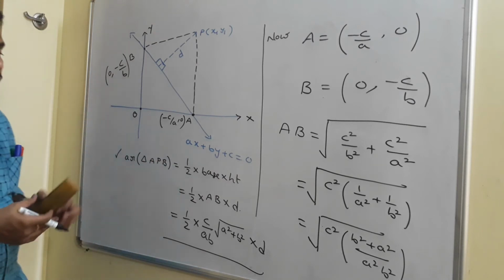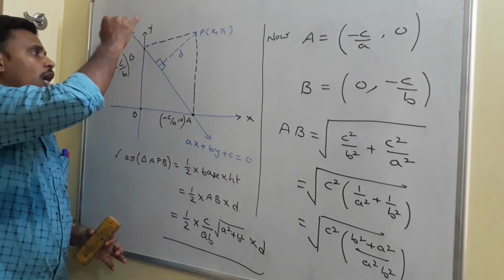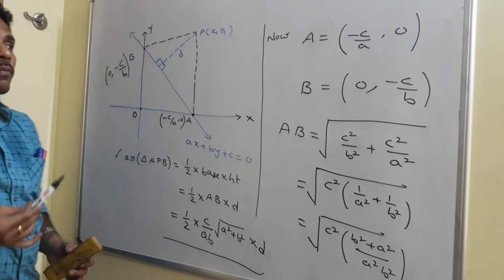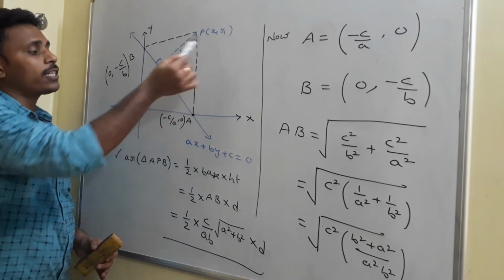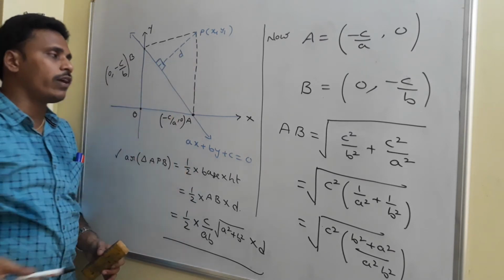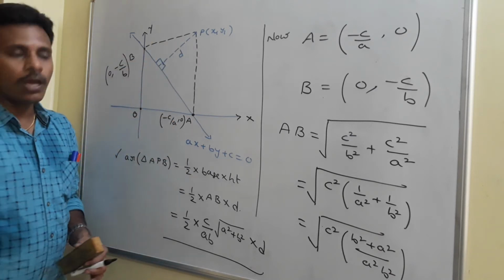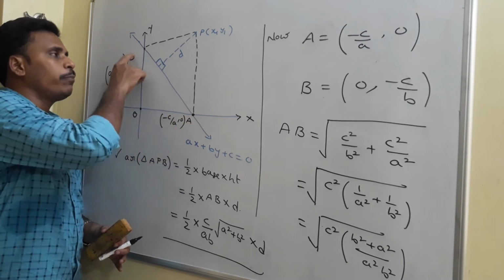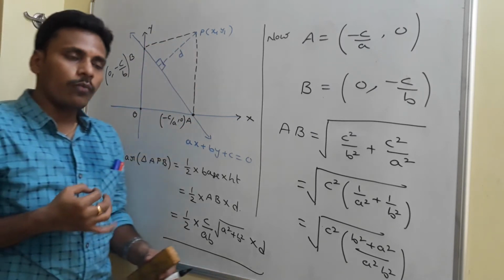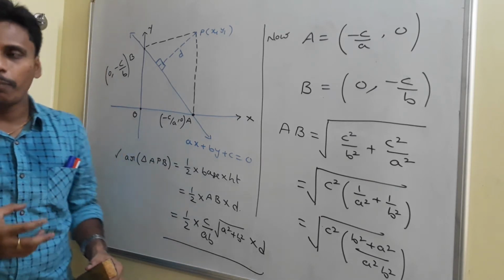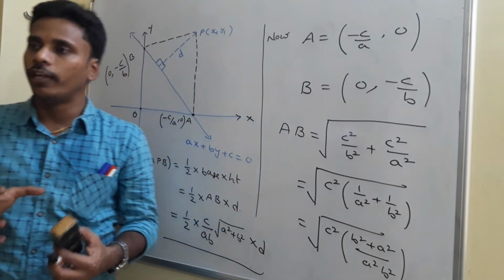In another way I will find it, and after that I will equalize. First have a look at this. I am going to find the distance from a point P(x1, y1) to a line. The point is P(x1, y1) and the line is ax plus by plus c is equal to 0. Let the distance between these two be d. Now you just join A and B with P. There you get a triangle ABP. I will find the area of triangle ABP in two possible ways, and by equalizing those two I will get the value of d.